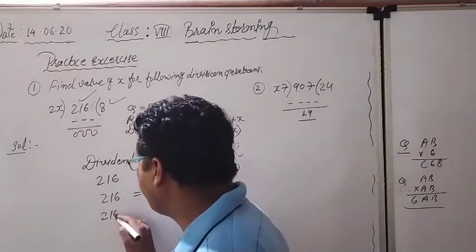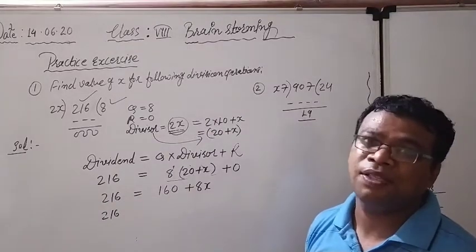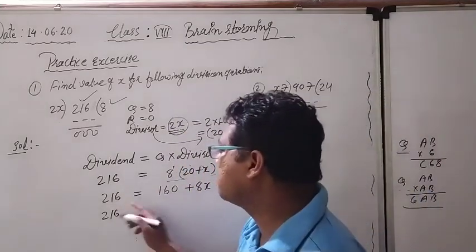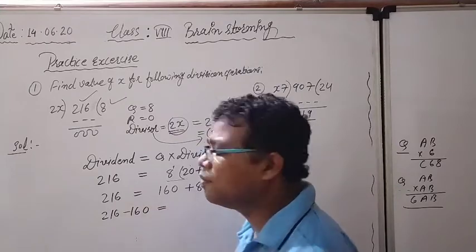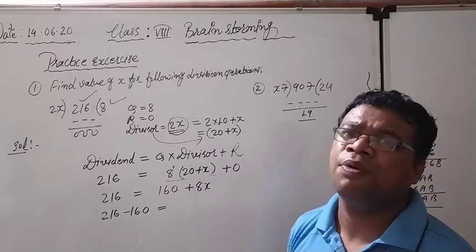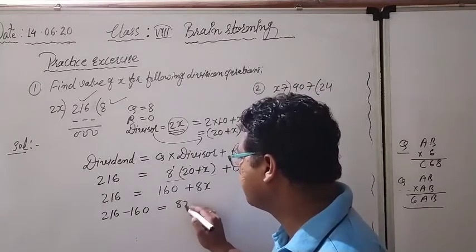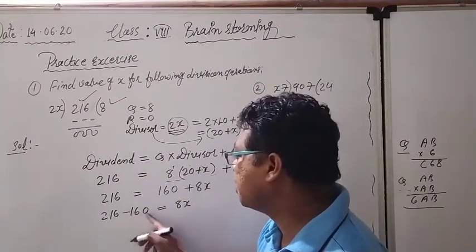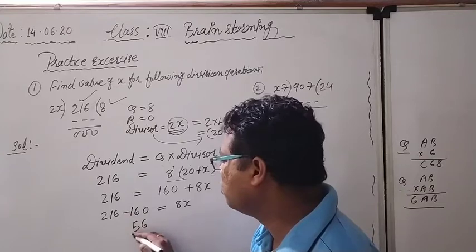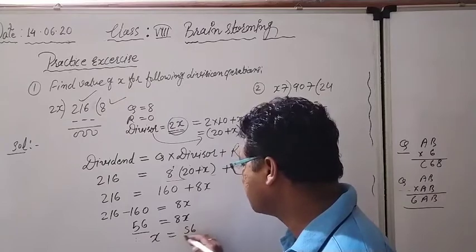Again, you can see what I have to do. One side we will solve separately: one side for the variable, another side for the digits. So that digit we can transfer there, minus 160. Whenever we transfer things, because it is an equation, the sign will interchange. You can see plus 160 is going to be minus 160. Now 8x stays the same. Subtraction: 6 minus 0 is 6. 1 minus 6 means 11 minus 6, which gives 5, and this is going to be 0. So 56 equals 8x. Now the answer is coming: x is equal to 56 upon 8.